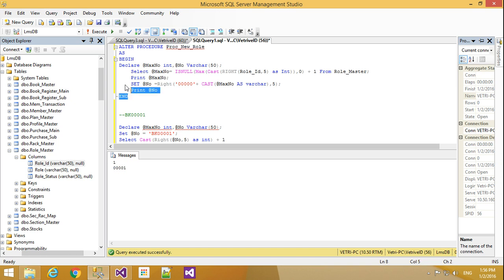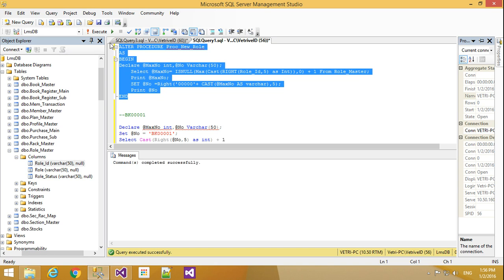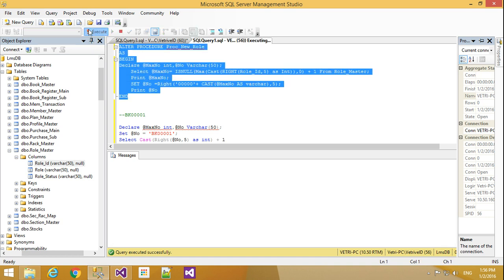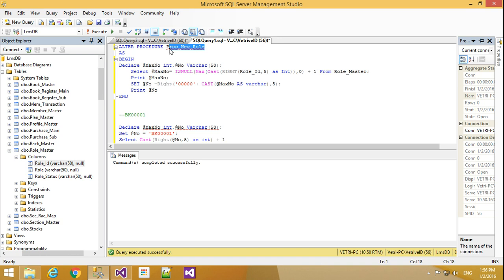Pressing F5 means it will select all, and press F5 means it will save, and select this procedure only and press F5 means it will execute. Okay, or else select this procedure and the execute button will be there, so you can execute, and select this procedure and execute means it will save. Okay,